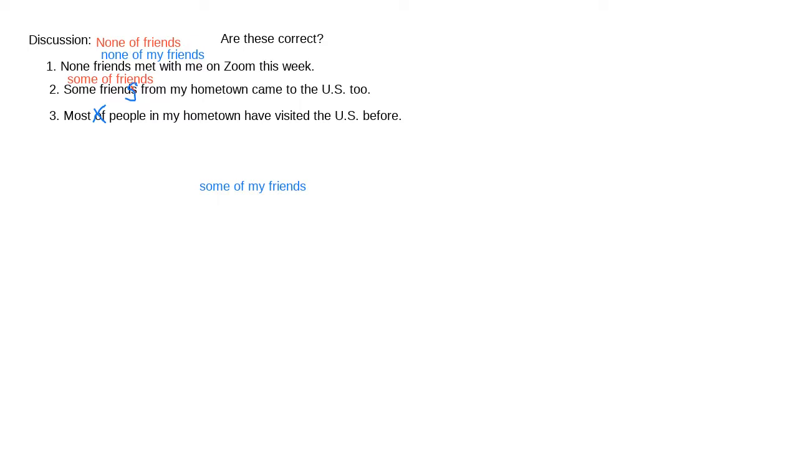So, number one, there is a mistake with this one. With none, we need to use of. Now after of, you can put the, or another word, called a demonstrative, like these or this, or you can use a possessive word like my. So let me just write in my own, I'll use orange, okay? So none of my friends